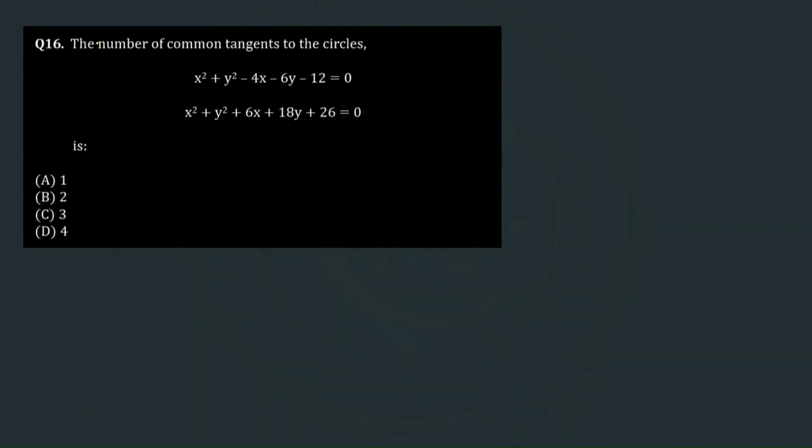The next question is from the chapter of circles. The number of common tangents to the circles this and this is what? Okay. So let us call this circle C1 and this as circle C2. So let us find the centers of this circle first. So C1, the center of the circle will be 2 comma 3, and for C2 the center will be at minus 3 comma minus 9,